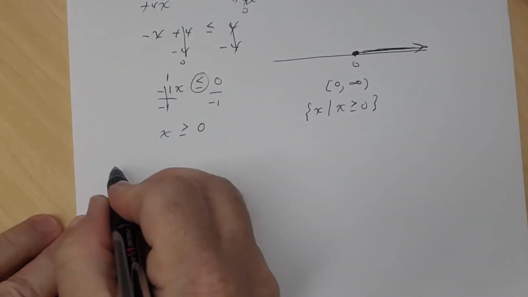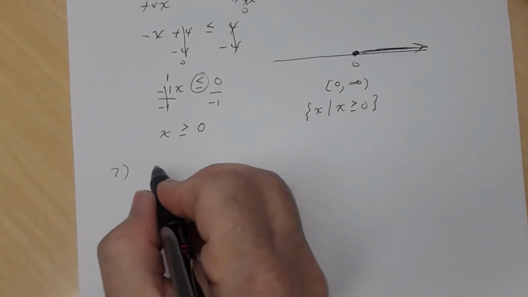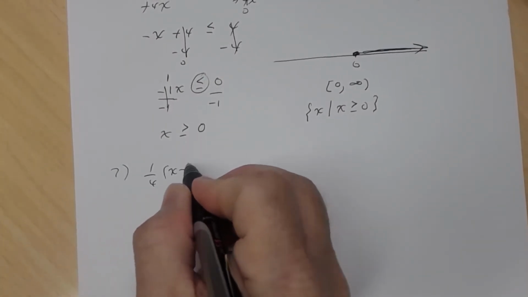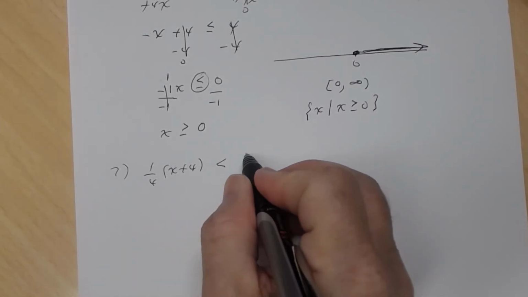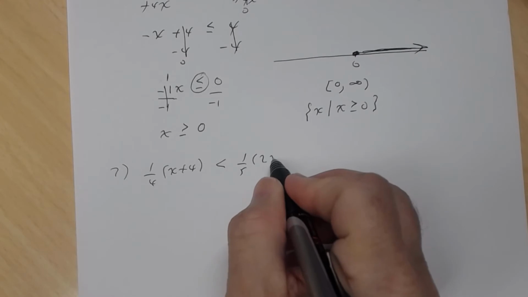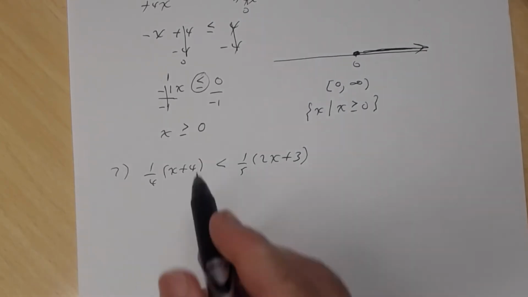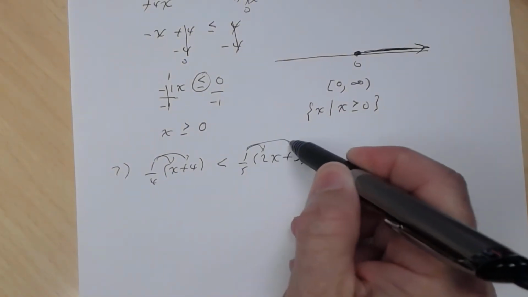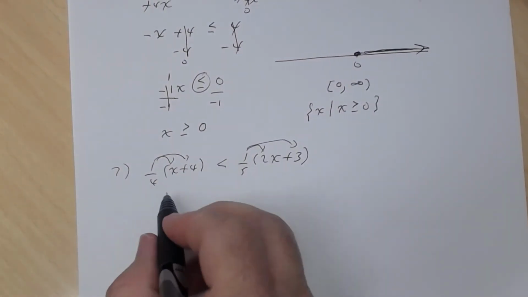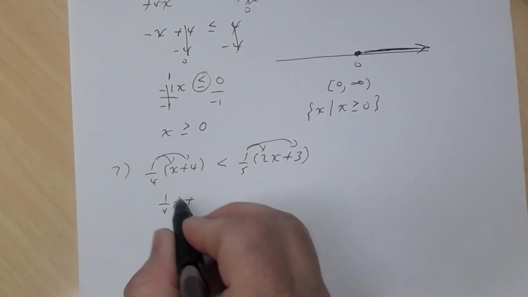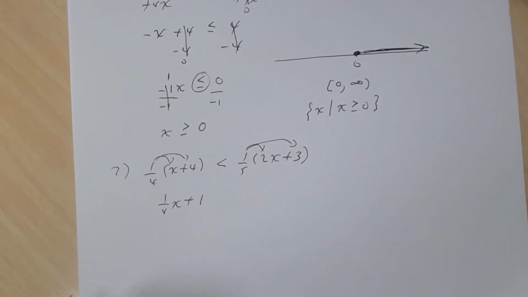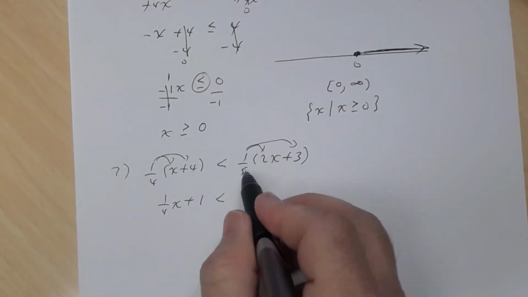All right. Number 7. Suppose we had 1/4 times x plus 4 is less than 1/5 times 2x plus 3. All right, so this time we have fractions. Now, when we did the equations from a previous lesson, remember what we did first was we distributed. So 1/4 times x is 1/4 x plus, and then 1/4 times a positive 4 is 1, is less than